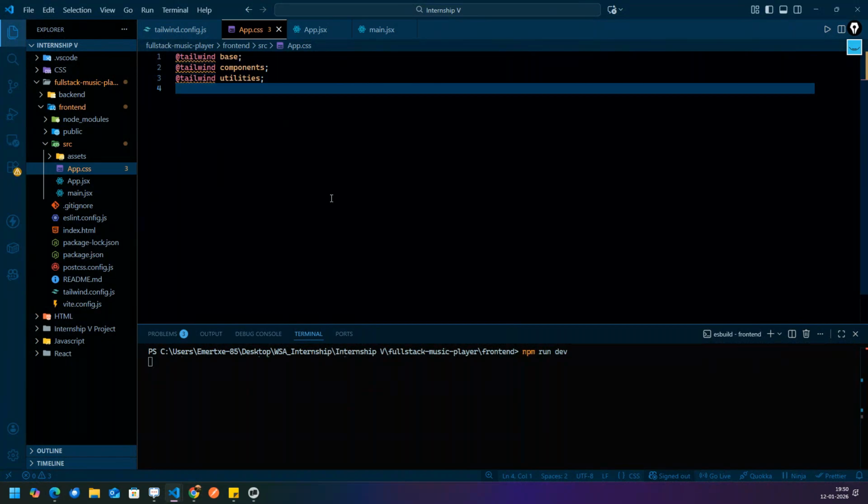I think it is done. Have you linked Tailwind CSS with your project, guys?